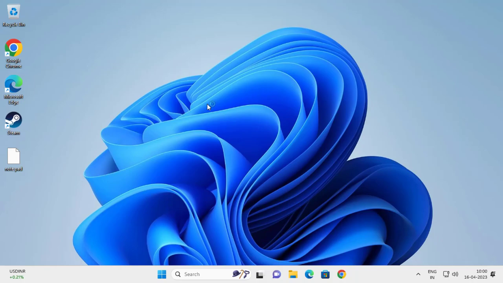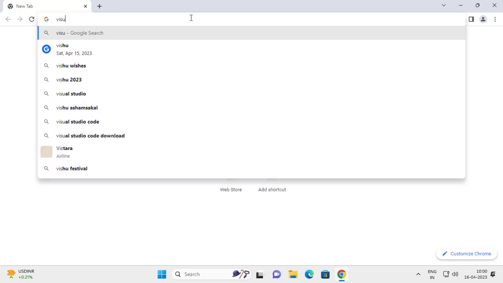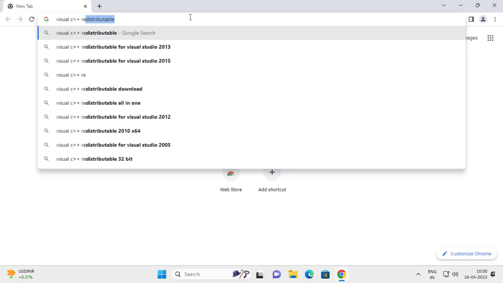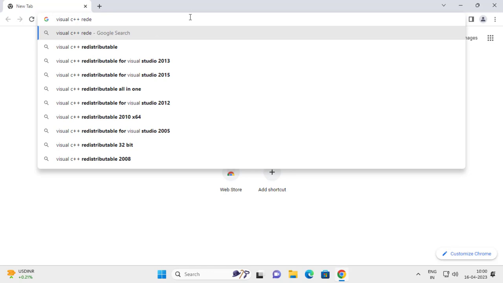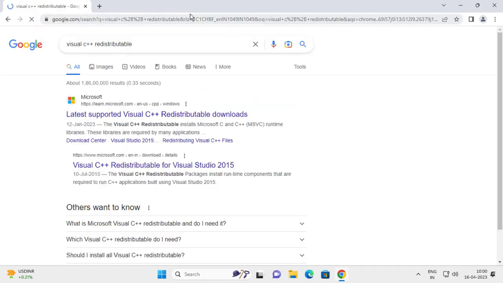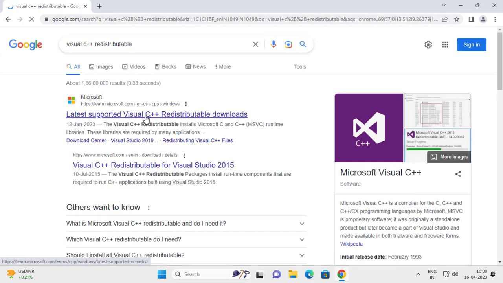Browser and type here Visual C++ Redistributable, enter, and the latest supported Visual C++ Redistributable download, click on it,